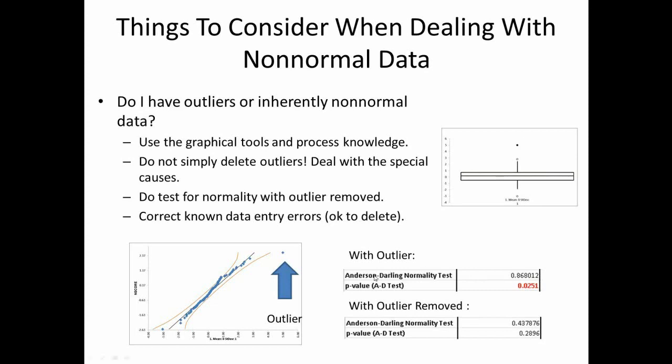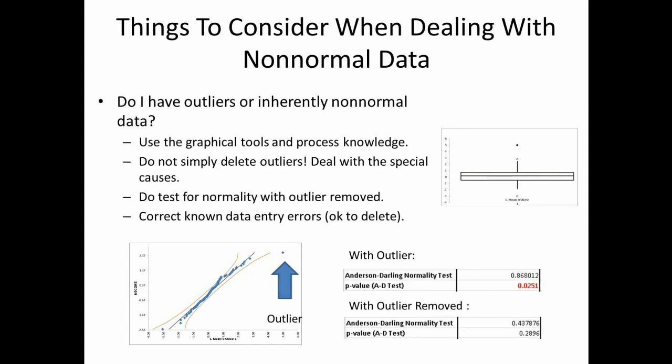Now, what's interesting here is that with the outlier in the data, you can see that we fail the Anderson-Darling normality test, 0.025. If, however, I remove the outlier, we see that the data is in fact normally distributed. So this is an example where the data show as not normal, but the reason for that is because of a single outlier. We remove the outlier to do the normality test, but I want to caution you on deletion